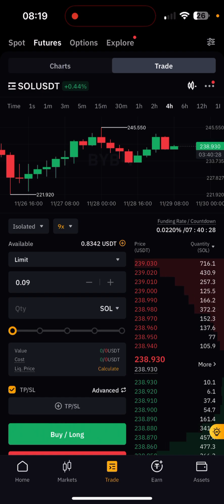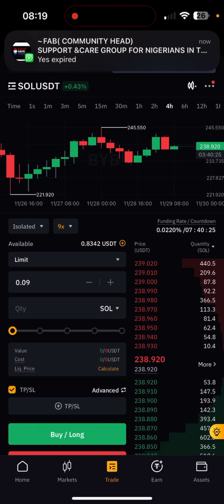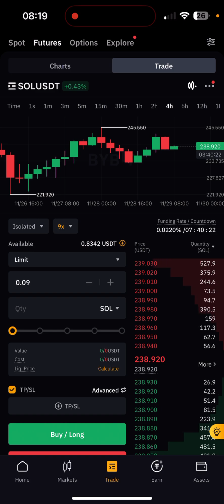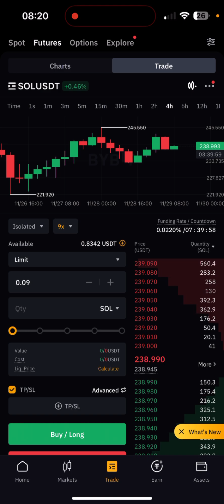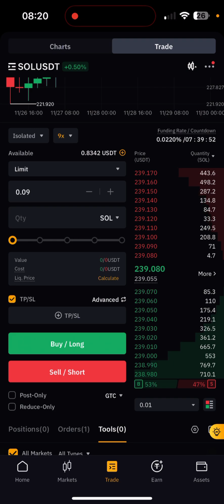You now know that whatever you place here, whether a limit or market price, you have placed it right. So everything I just talked about on futures, the very first place you start from is to change the currency to the right currency. The next thing you do is check that your trade is isolated. The next thing is to check the leverage you want to use. The next thing is to check the available balance. If you have money, you're available. If you don't have, go and transfer like I showed you. Next, you check if you're taking the trade as limit price or market price. Next thing you want to do is to put